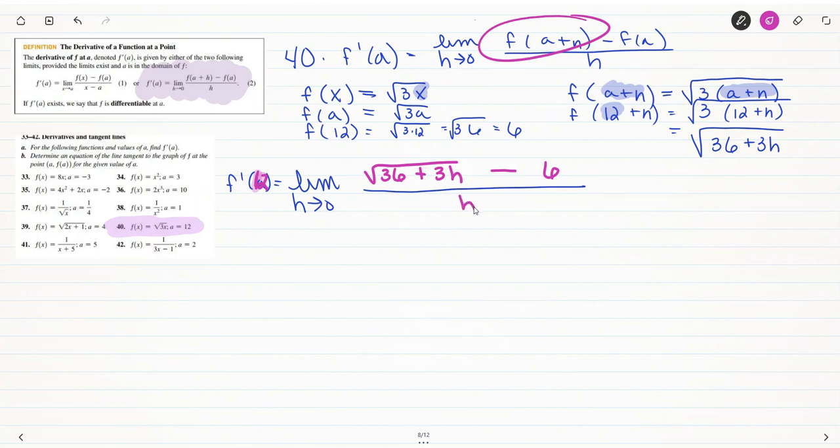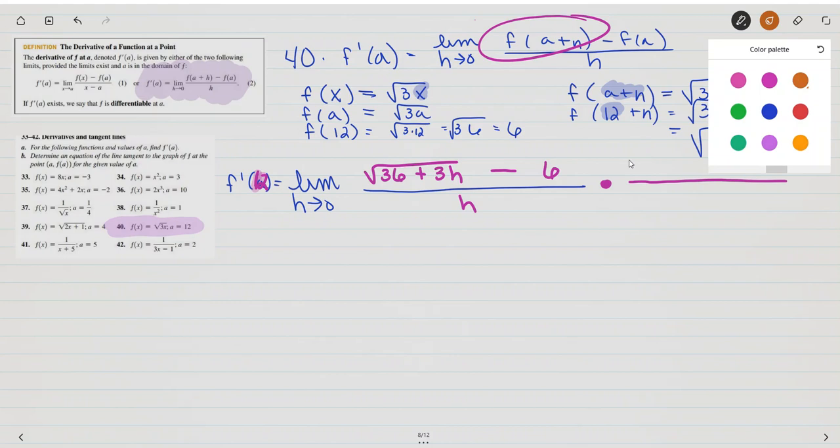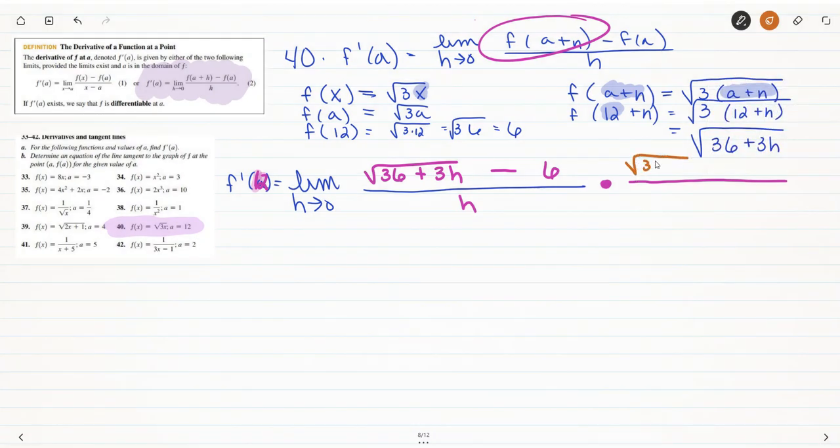If I wanted to evaluate this limit, I can't replace the h with 0 because that would give us 0 in the denominator. Doesn't work. So I need to use a tool from chapter 2 for evaluating limits, which is to multiply by the conjugate. Do you recall that I could multiply by 1 in the form of the square root of 36 plus 3h plus 6 over the square root of 36 plus 3h